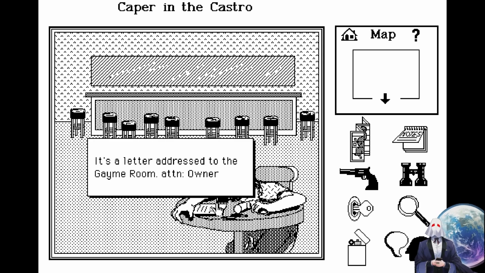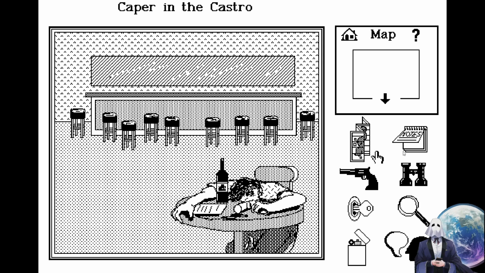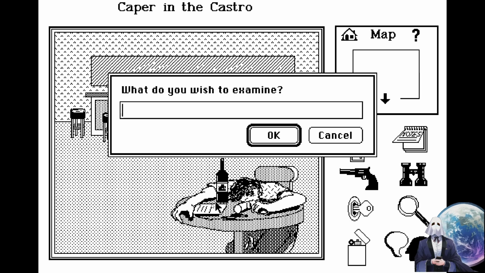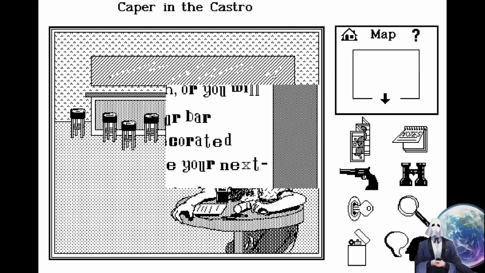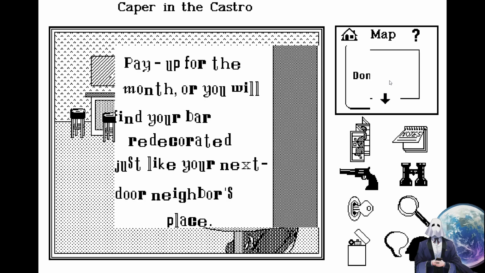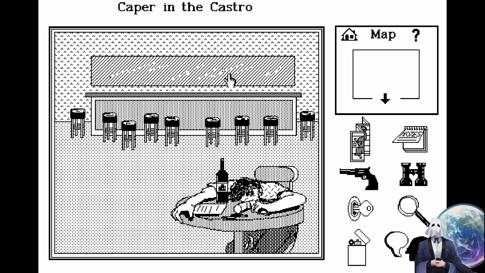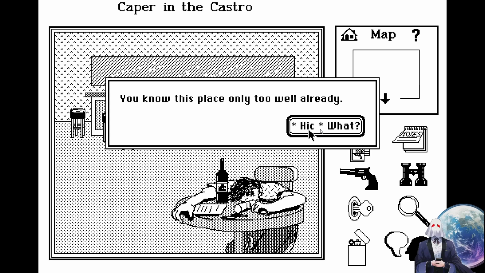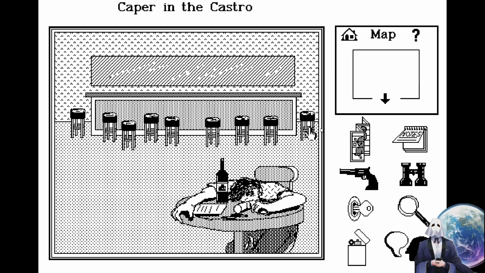It's a letter addressed to the game room. Attention, owner. Examine the letter. Pay up for the month or you will find your bar redecorated just like your next door neighbor's place. Uh-oh. I know this place only too well already.